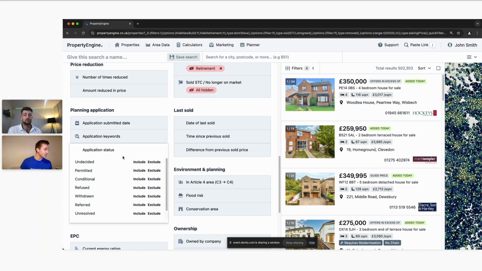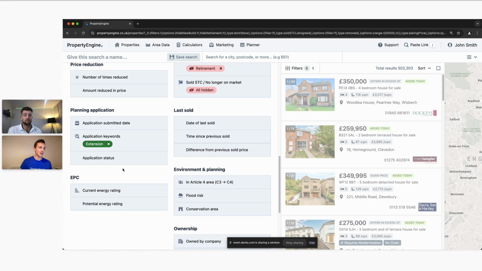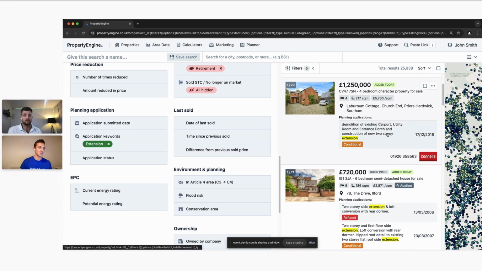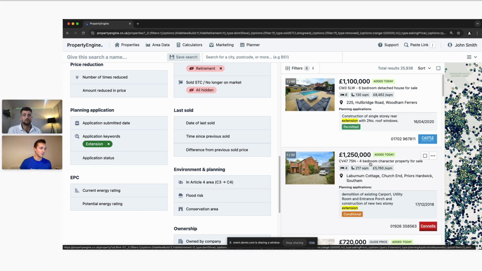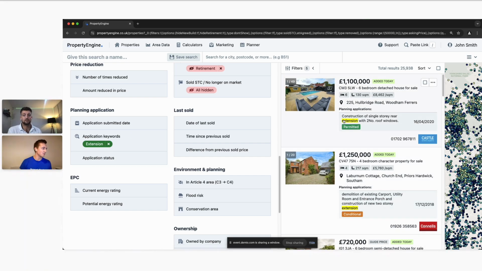And when you do this, you actually see the planning applications in the search results as well. So you can see it right at a glance without clicking in what's going on with those planning applications, and we highlight those keywords as well. So this can be really powerful as well. We've got some